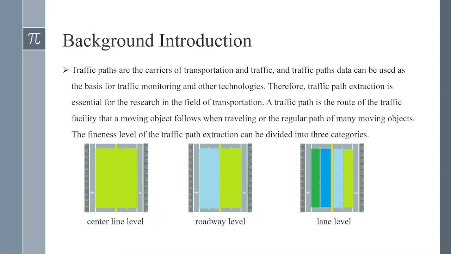The traffic path extraction can be divided into 3 categories. That is the certain level, roadway level, and lane level. The roadway road is a road that uses a center line to replace the different demarcation of the road according to the direction of the road travel. The lane-level road is a road representation method that details the number, location, and width of all the lanes. The first is center line and 2 roadway line and lane